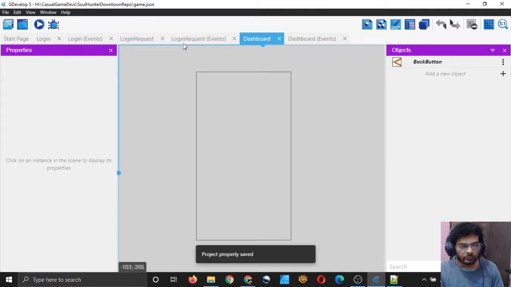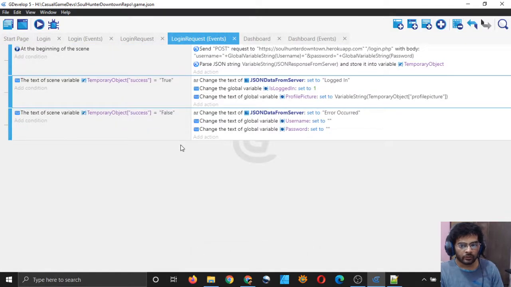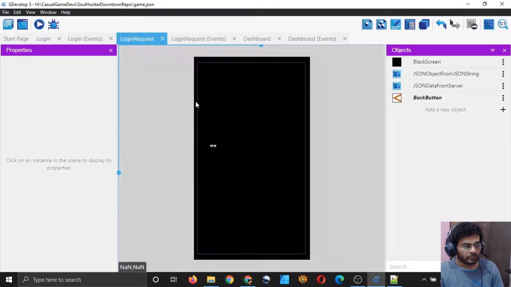and here in login request, I want to do something more. I want to add a back button. That's all I want to do.